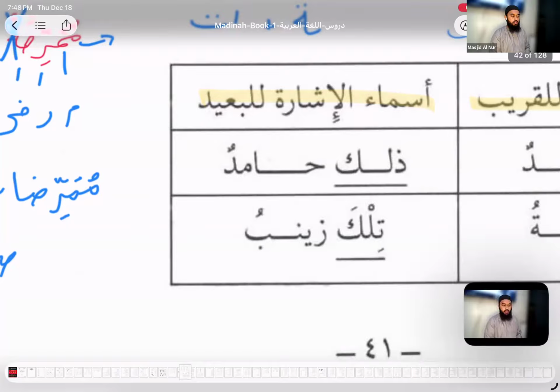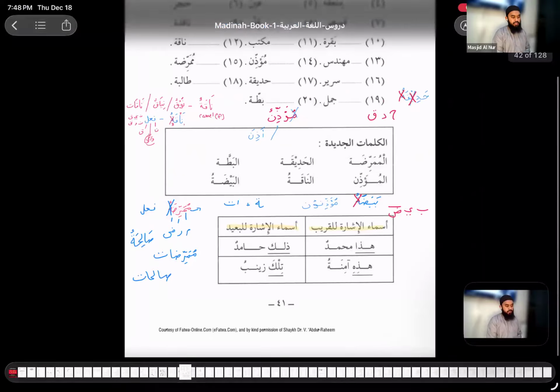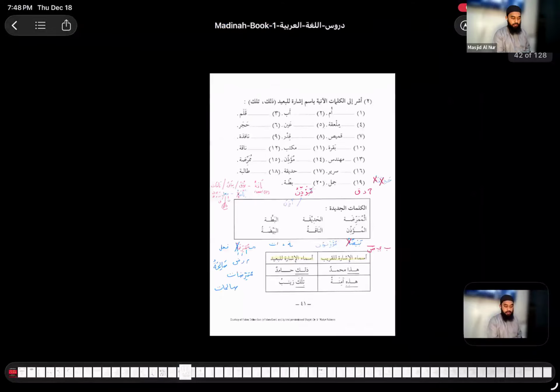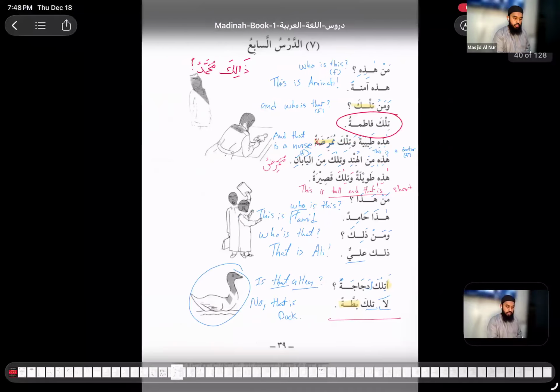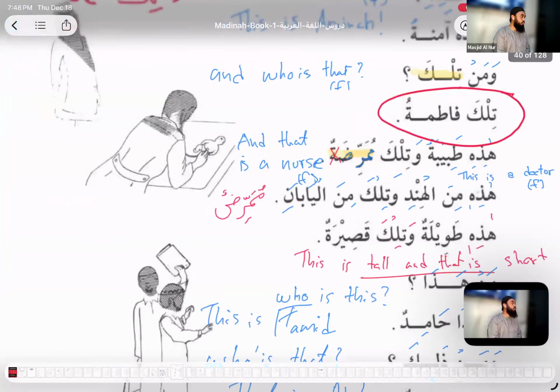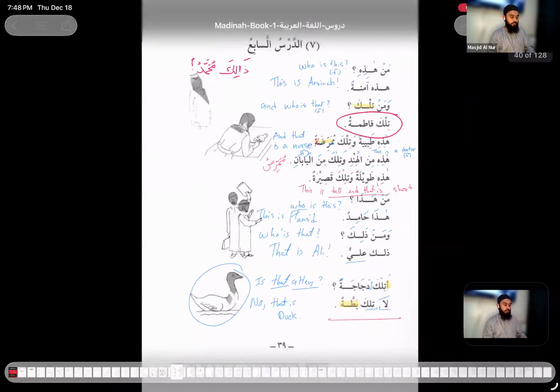It's just the rule. Okay, so perhaps many of you picked that up. I was surprised I did not talk about it. But that's the rule. So tilka Fatimatu always. It's not going to be Fatimatun. Is that clear, brothers and sisters? But it could have a fathatain. It could have a kasratain. And that's conditional. I will explain that in the future. But this word Fatima could have a kasratain, could have a fathatain, but it will not have a dhammatain. Only one dhamma. Is that clear?